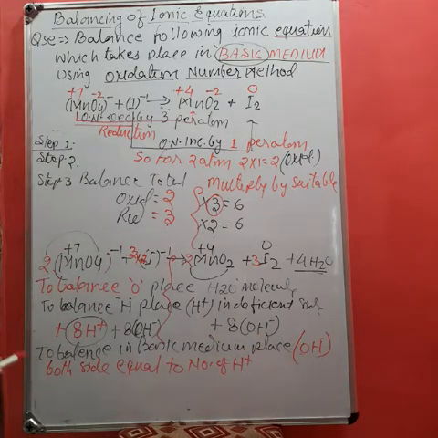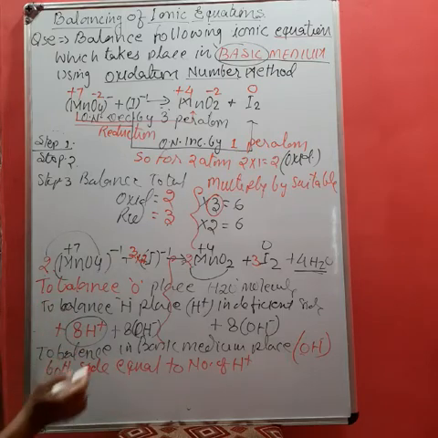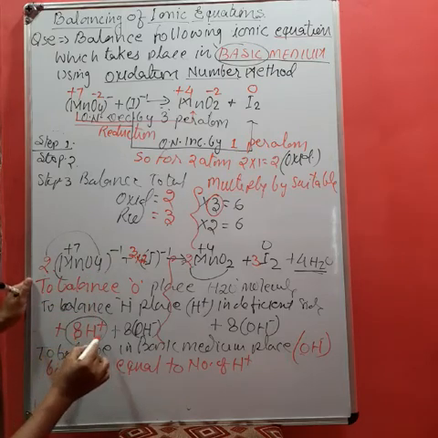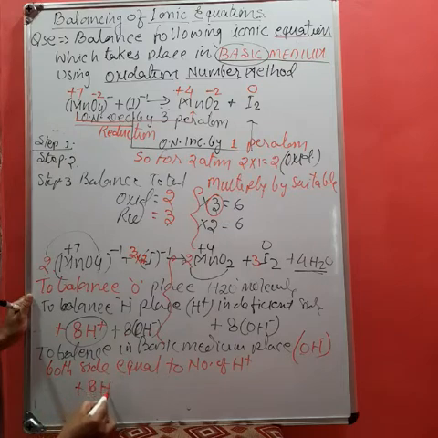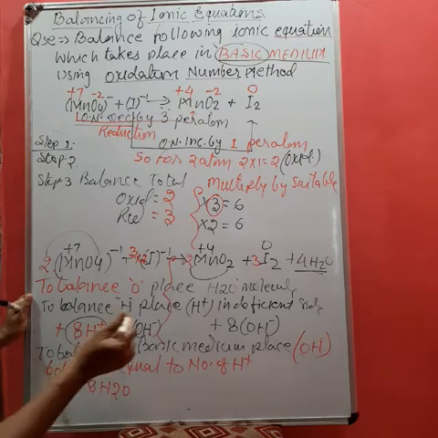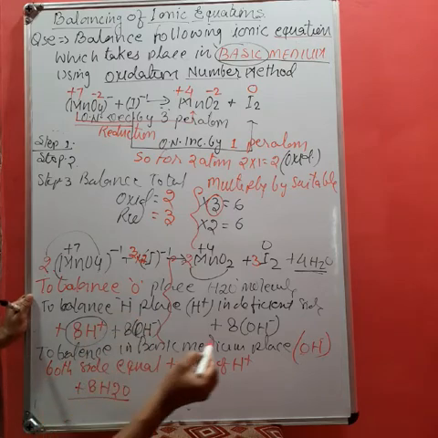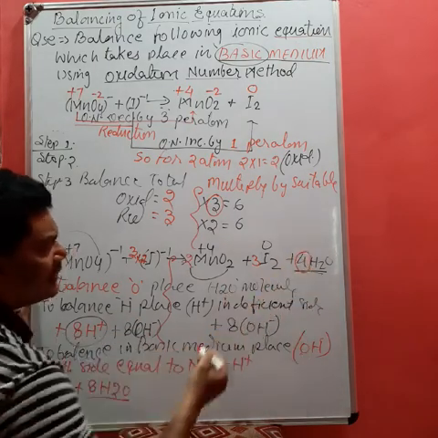So thus our equation is actually balanced, but we can go for one more step. Student, 8 H cations and 8 OH anions, when they combine, will form 8 water molecules, that is a neutral molecule. And on the product side there are already 4 water molecules. So